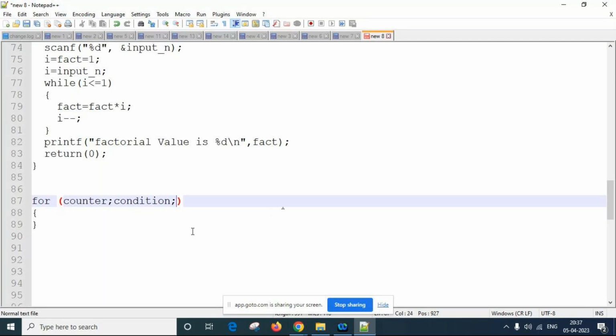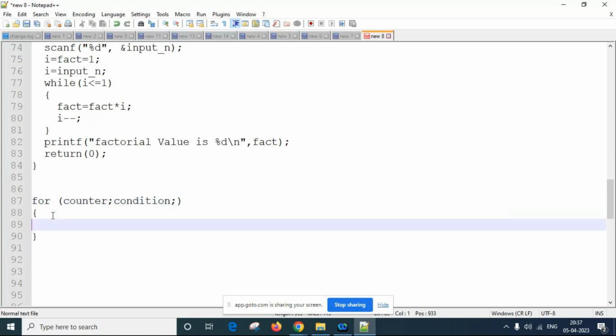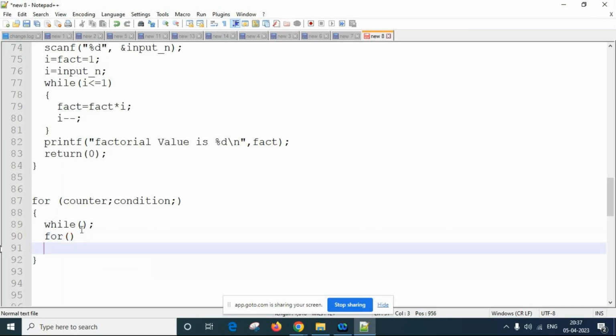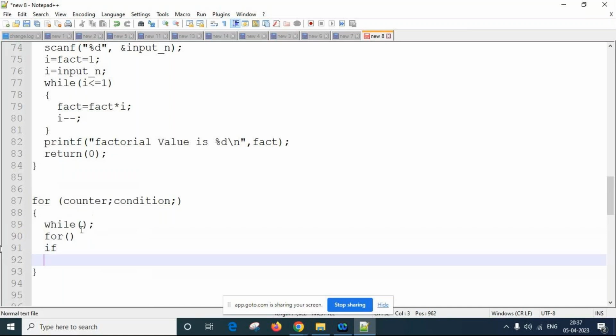We can do nesting of these instructions also. Like in a for loop, we can have a while loop also. Otherwise, we can have a for loop within the for instruction. We can have nesting of these as well. We can have if also, and this is applicable for the if statement also.